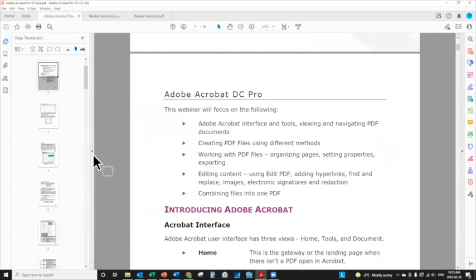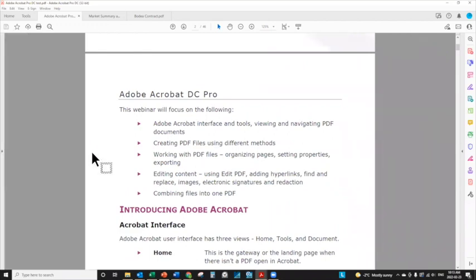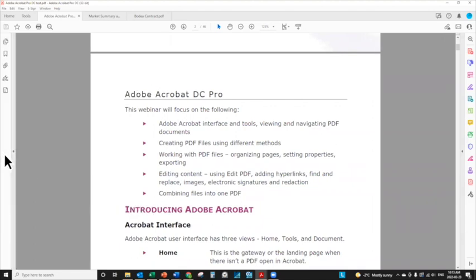And you'll see it has a little triangle arrow to the right of it. So if I bring up the navigation pane and I decided I want to hide it, I can click this little triangle. It will hide it, and then I can bring it back. I don't have to go all the way back to View, Show, Hide, Navigation Panes. I can just click this little arrow, and that'll bring it over to the right again. Now you notice this time it didn't expand it all the way, but I do see all of the icons